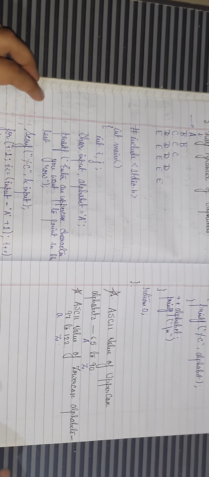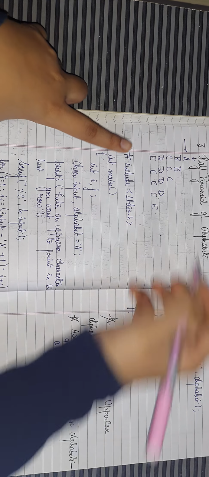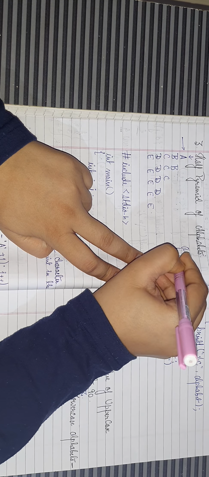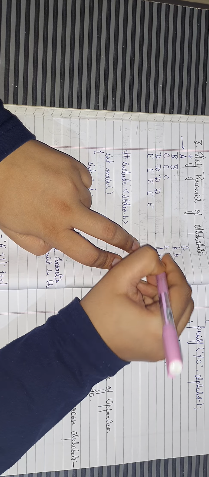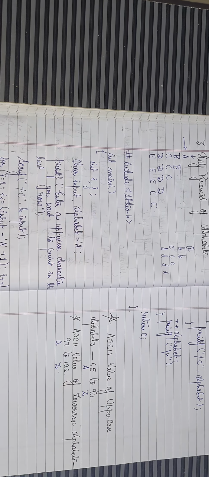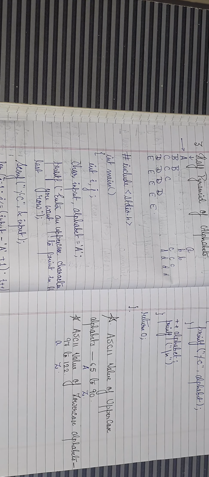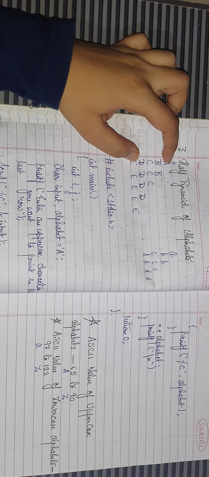We can also print it like here we had printed A, B, B, C, C. We can also print it in the smaller case: a, b, b, c, c, c, d, d, d, like this. We can also print it in a smaller case later. So let's begin with the uppercase letter. I will explain this one, okay?